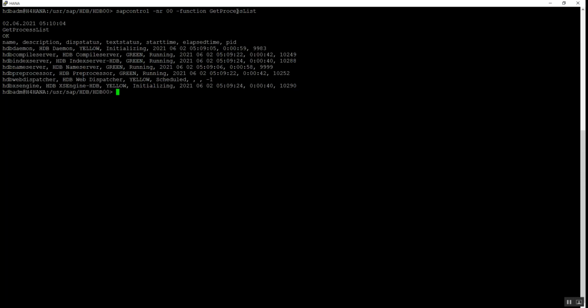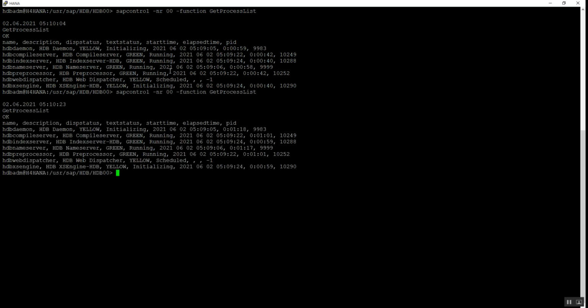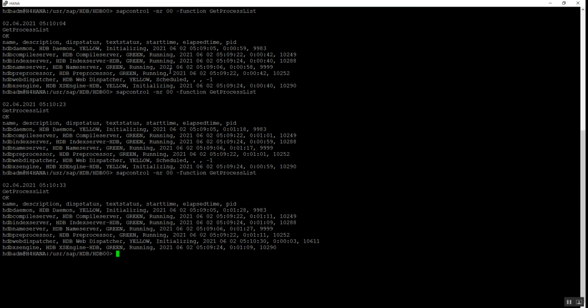By executing this command we can see the status of all services, all HANA database servers, which is starting, initializing, then green, yellow. It will help you understand exactly whether the command is executed successfully or not, or how exactly the process is happening in the background.